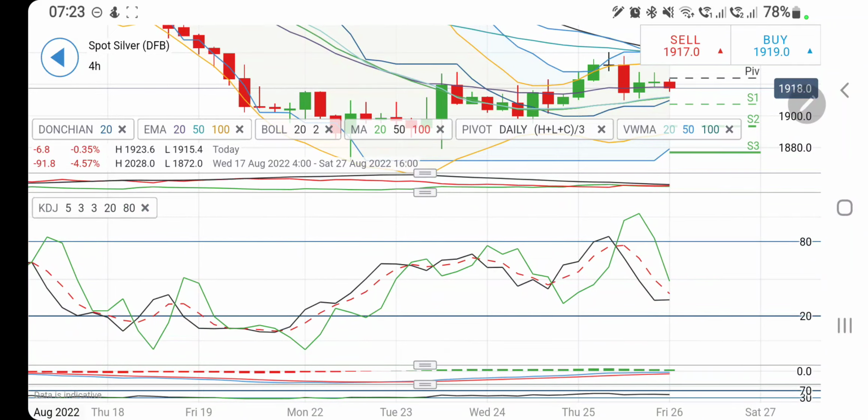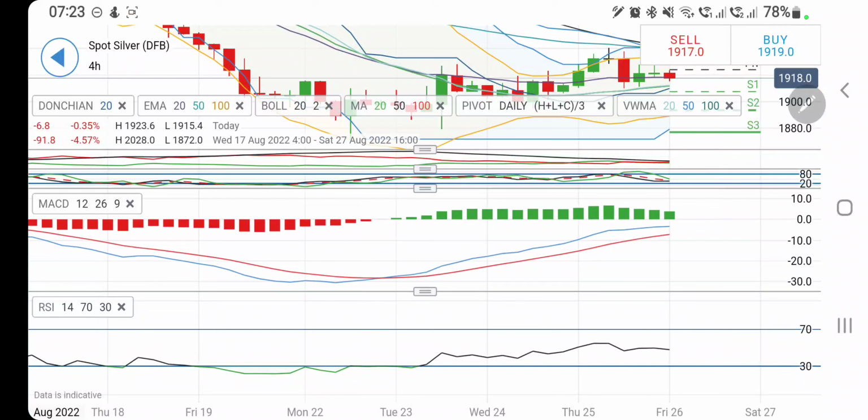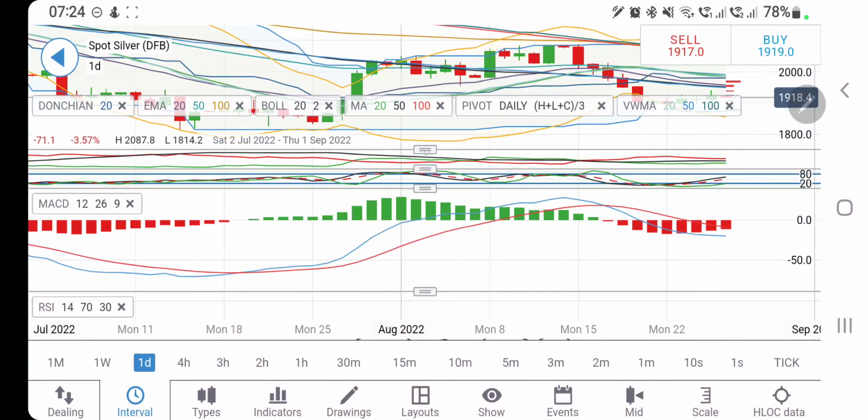Directional movement bearish. Stochastic comfortable. MACD is bullish here. MACD indicates on the 4-hour chart that it has still got some bullishness, but it is not diverging. It is willing to converge rather. Let's see if it converges, crosses over. RSI trading flat. And if you look at the daily charts,